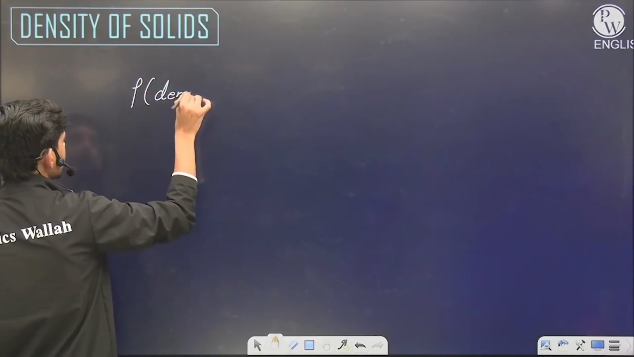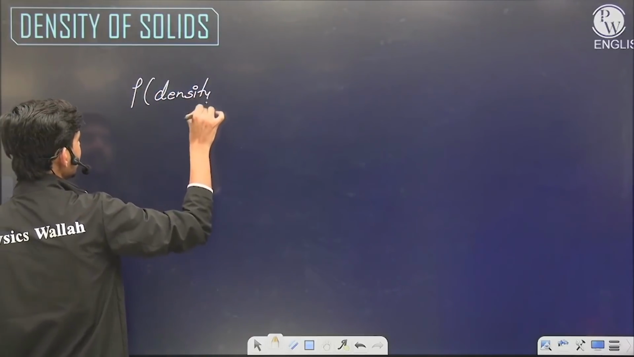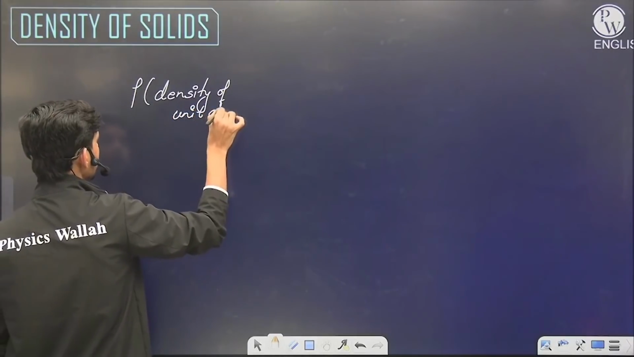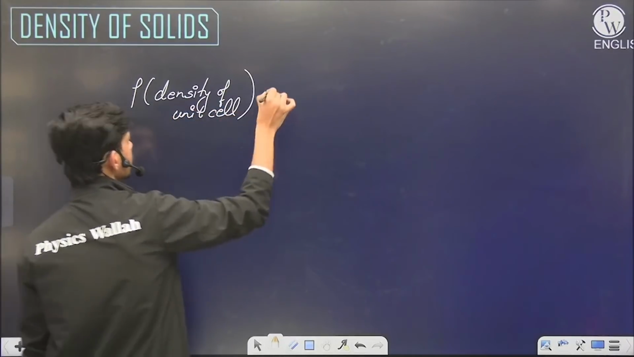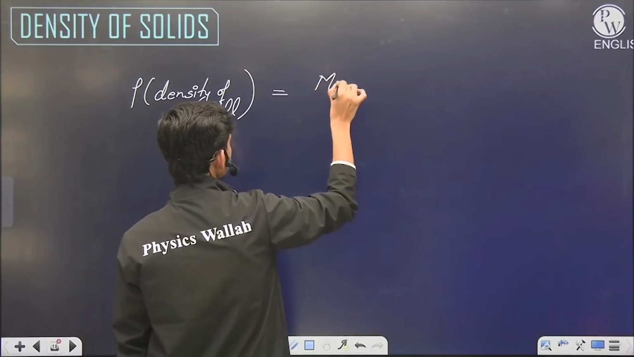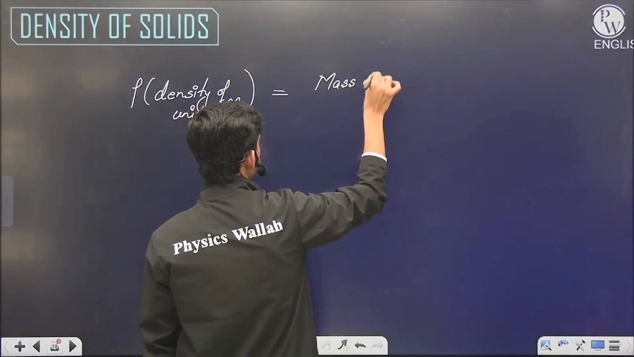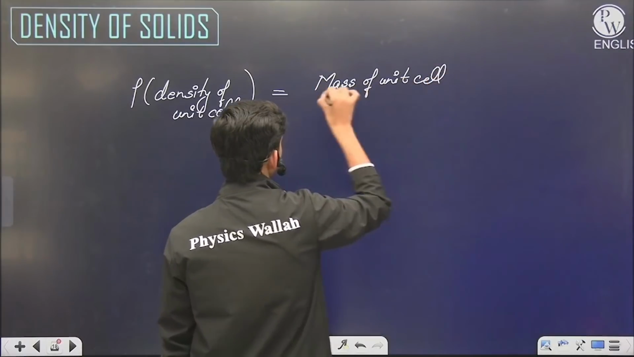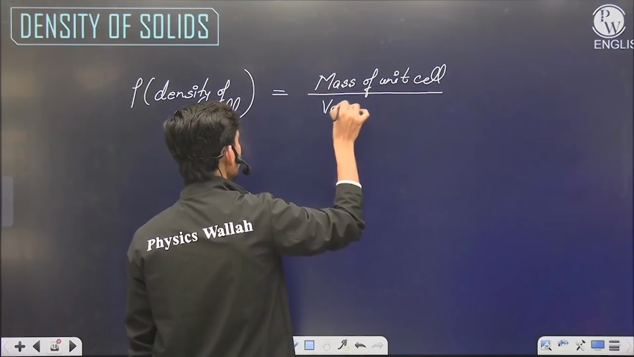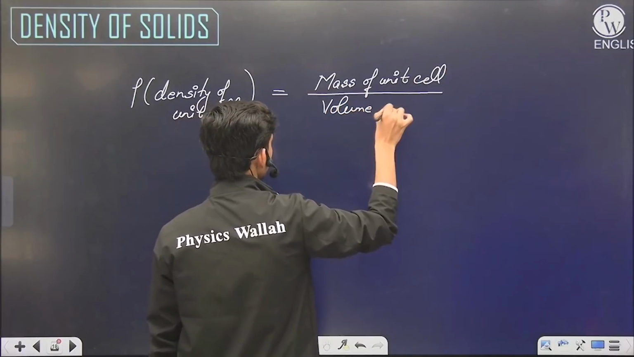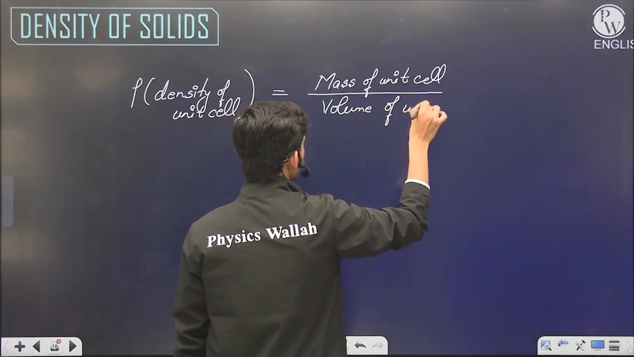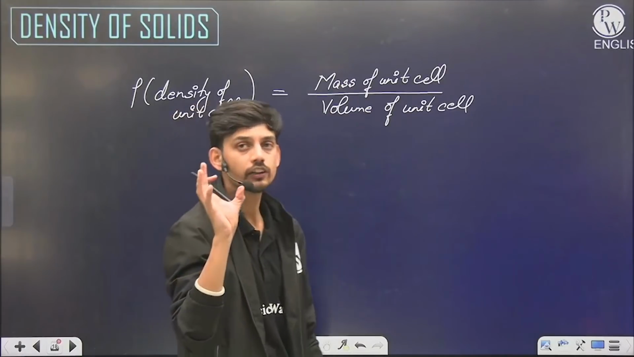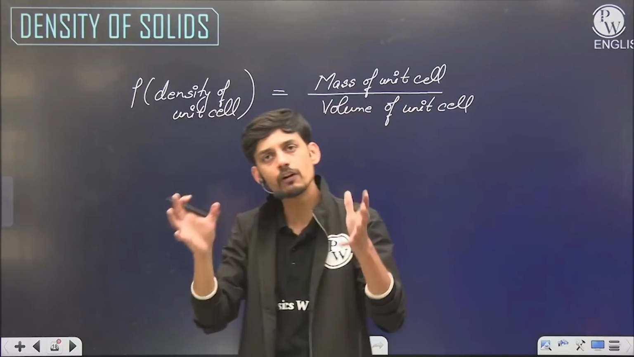density of unit cell, because density is an intensive property. The unit cell density will be the same as that of the complete solid. So this is mass of unit cell divided by volume of unit cell. The general formula for density, mass per unit volume. Now the mass of unit cell is because of the atom, and the volume of unit cell is because of